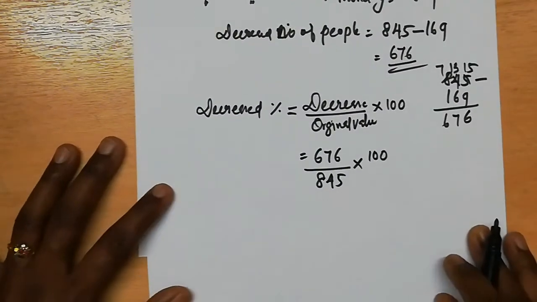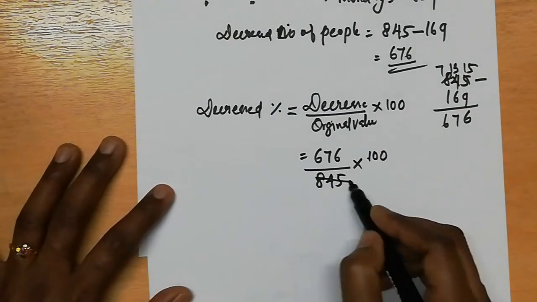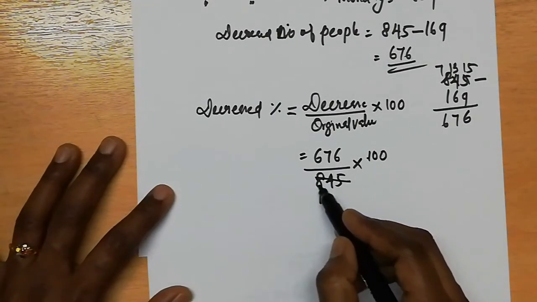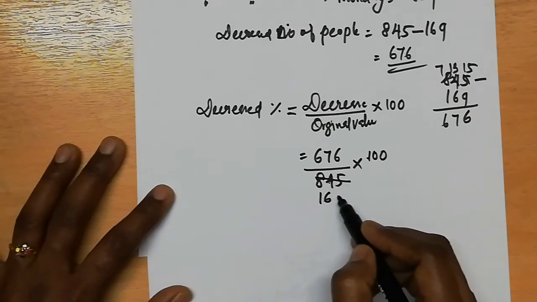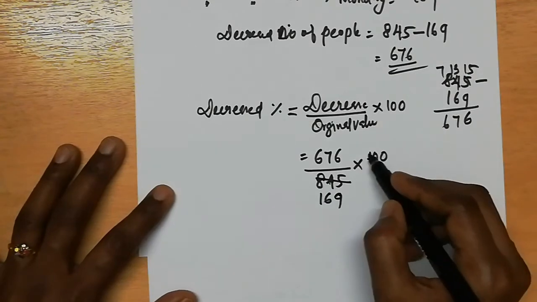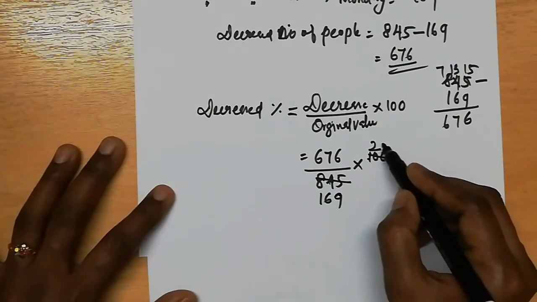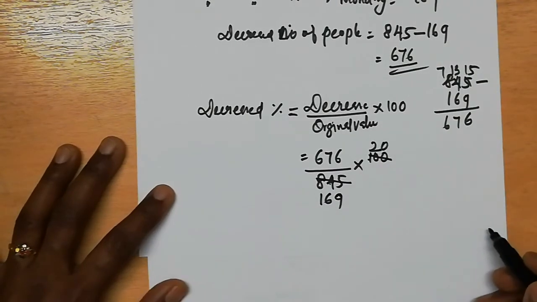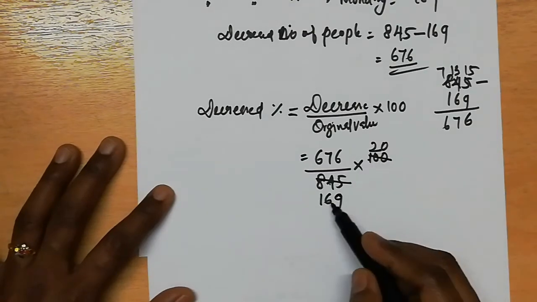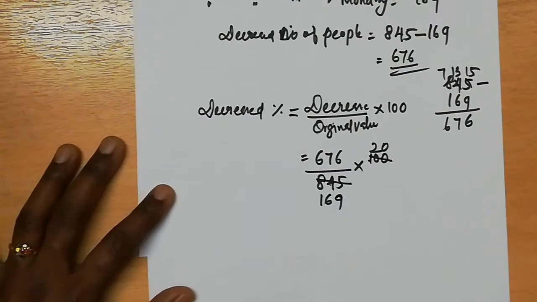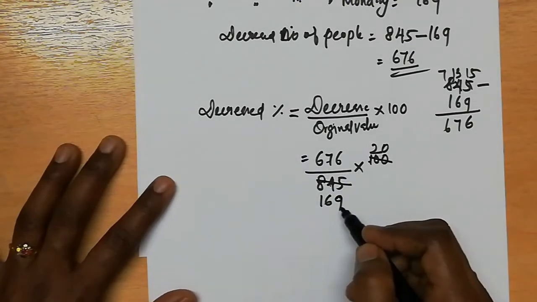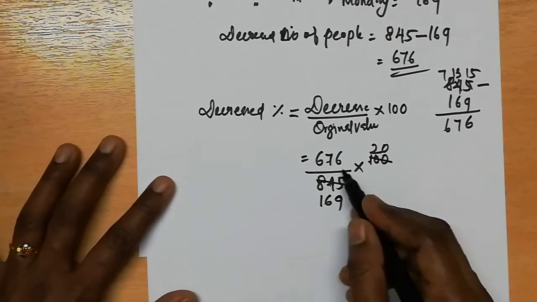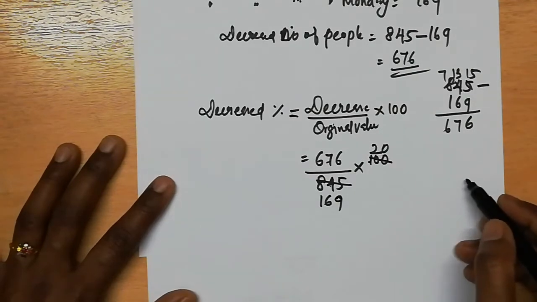So now we can cancel this with the 5 table. 1 times 5, there is remainder 34. So 6 5s are 30. Then 45. 9 5s are 45. Clear? Then here 5 2s are 10. Here is 1 0. Okay. Then here is 169 and 676. So how much will it become? That one we will check with the 676.